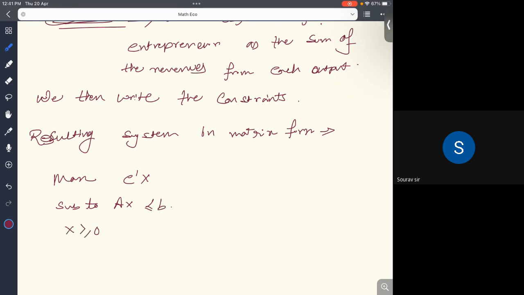Here x is a vector of the quantities of each output produced, c is a vector of the market prices for each output,